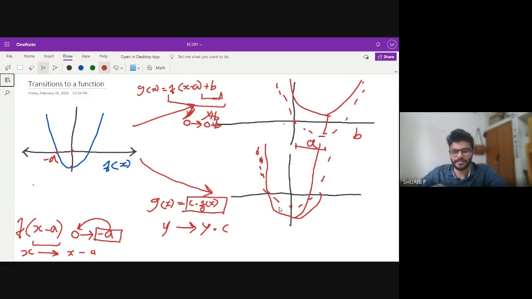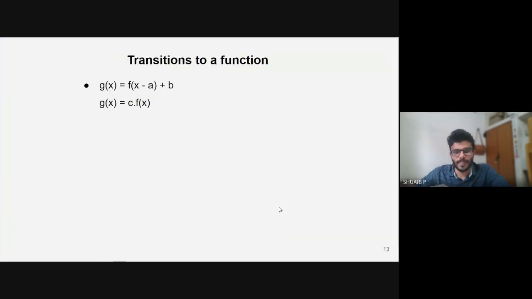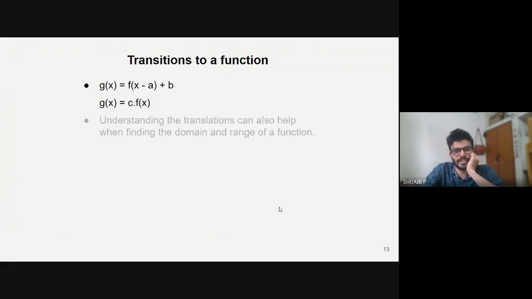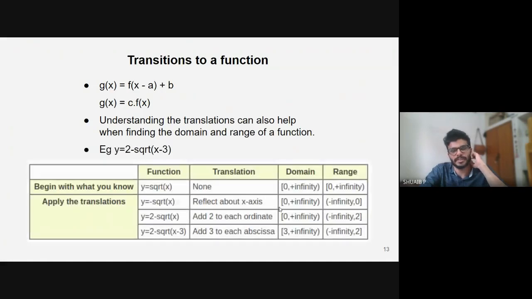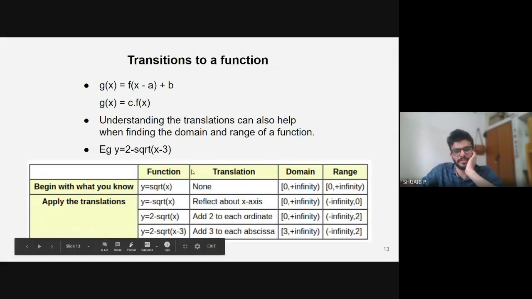Okay, if anyone finds anything wrong, let me know. Okay, so I think it's correct. If we can understand the transformation happening to a function, we can find the change in domain and range for a function. For example, if we consider this function 2 minus square root of x minus 3,